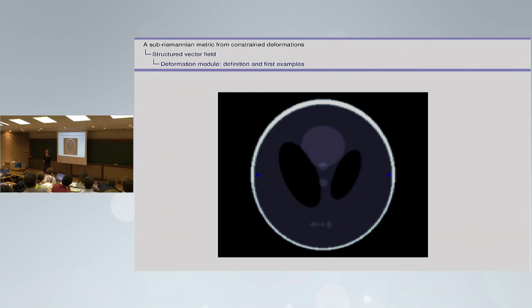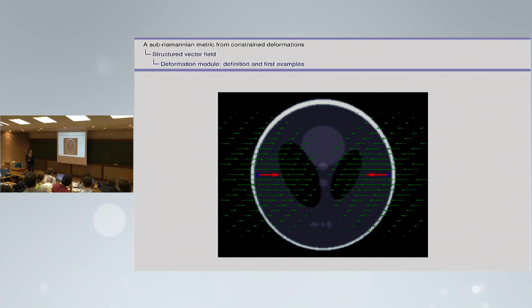Now, if you assume that you have an additional prior on your vector field, you know that it's a sum of 2 local translations, but you, in addition, know that the directions are in opposite direction, parallel to the line between the 2 points. So you know that they are like this. Here is an example of vector field that would be generated. In this case, the vectors of the translation are no longer control variables, because if you give the 2 points, you cannot choose them freely. They have to be in opposite direction and parallel to the line between the 2 points. So in this case, the deformation module that I built previously is not satisfying. It doesn't capture the whole prior that we have.